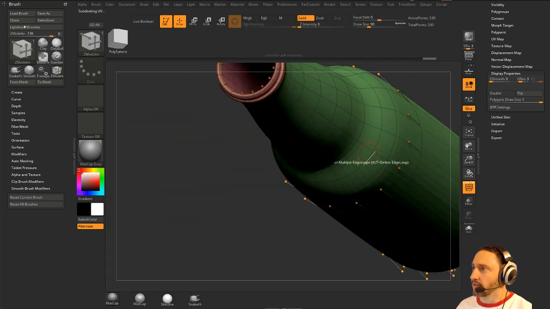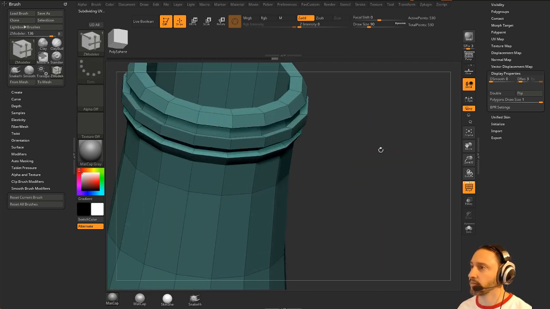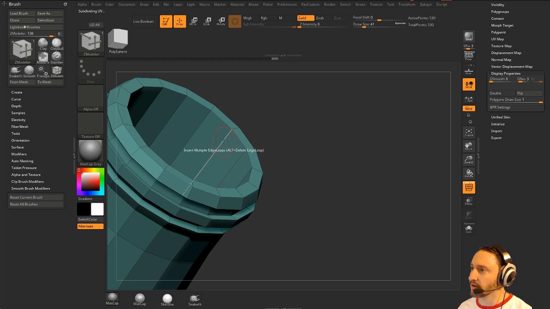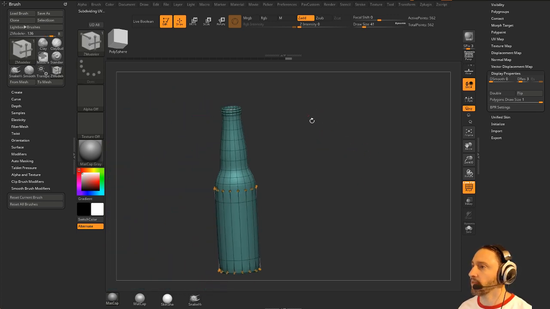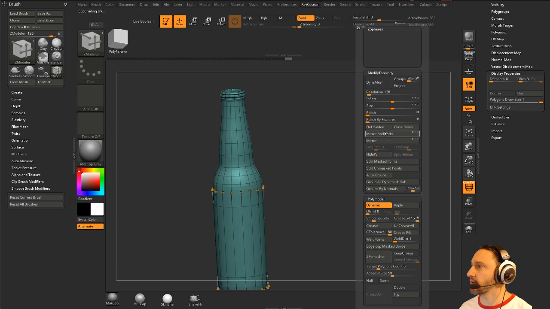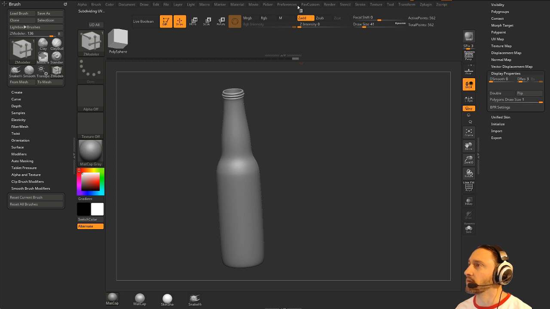And there's our bottle with thickness here, and let's go ahead and I want to maintain this curve up here a little bit better, so I'm going to insert a single edge loop, and we're just going to maintain these curves just a little bit. And then, okay, so we got that, and let's go ahead and smooth this even more. We'll smooth that up to subdivision level 4. So that's our bottle here, and then we'll go to